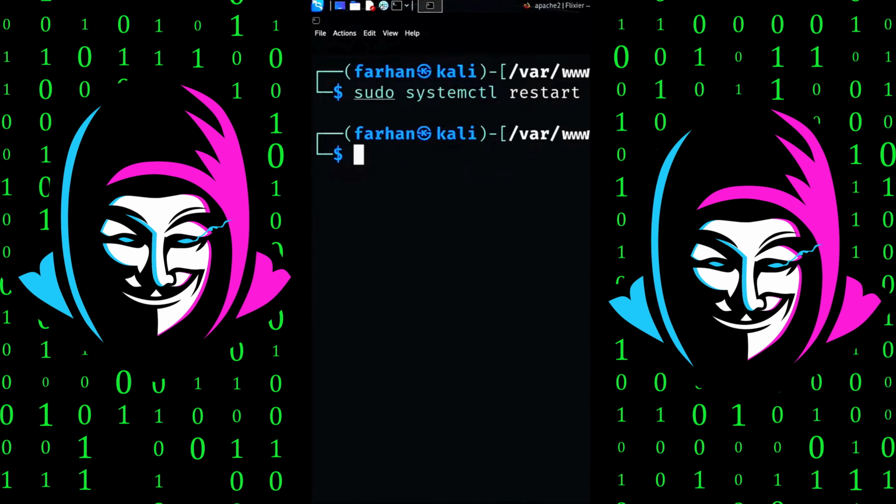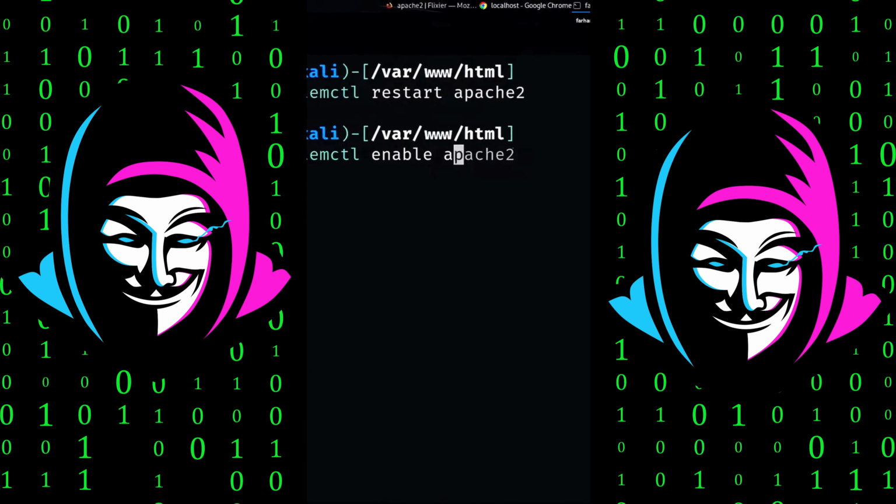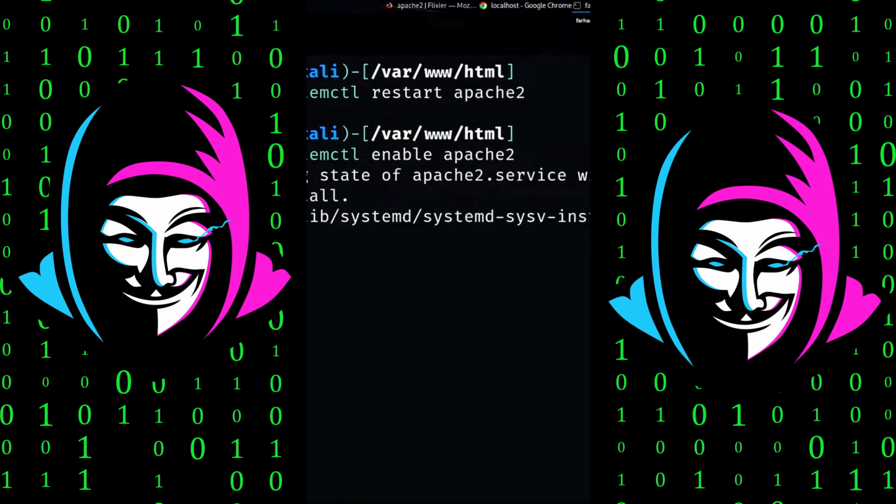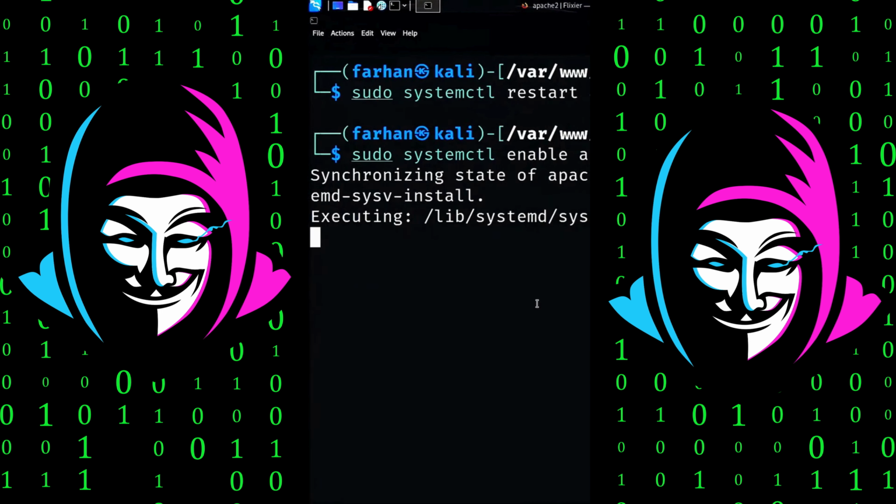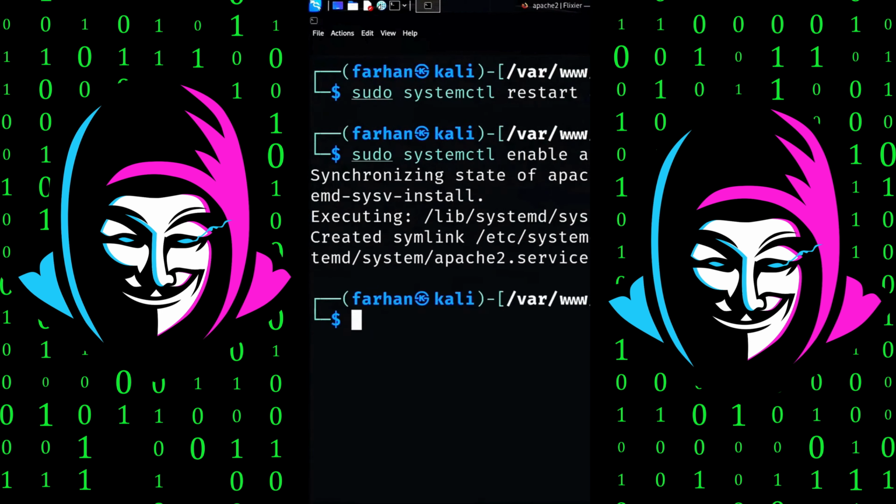Finally, if you do not want to give the command sudo systemctl start apache2 each time you reboot the machine, you can type in the command sudo systemctl enable apache2 and press enter. This will enable your Apache 2 web server so that you do not have to start it every time